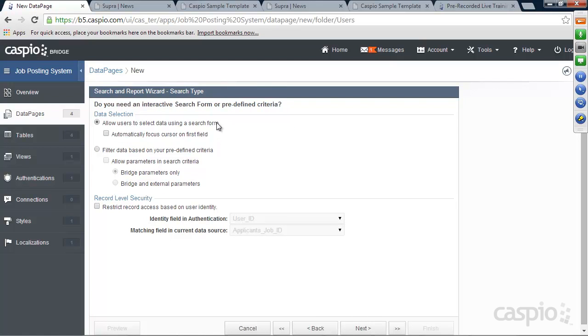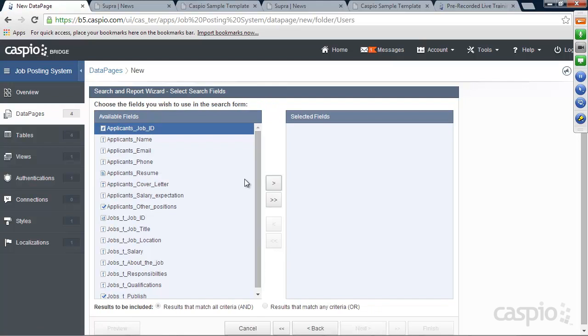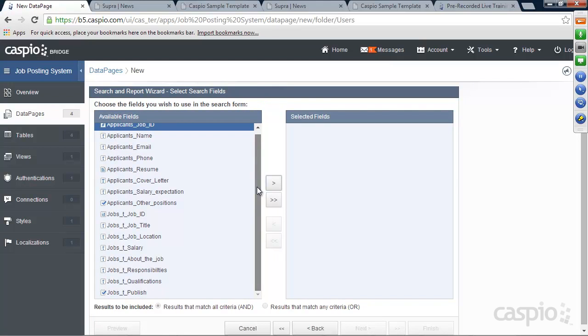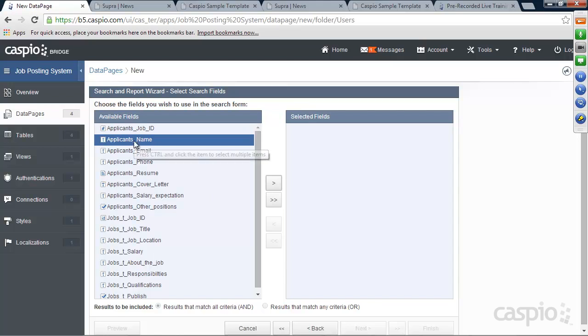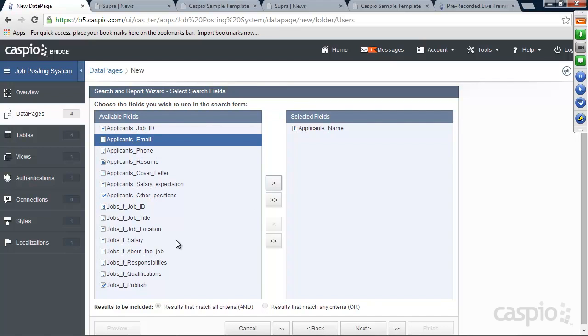So sure, let's have a search form. And let's search just based on some basic information here for now, just to save time. Of course, you can include any one of the fields from both of your tables if you'd like. But what I'm going to do is just have maybe a search based on applicant name, and maybe